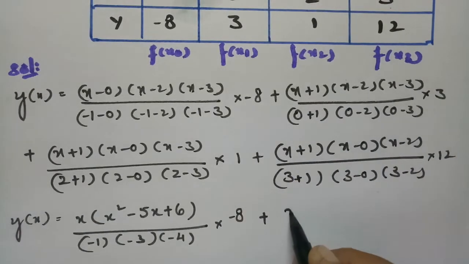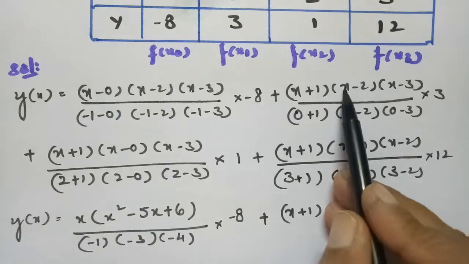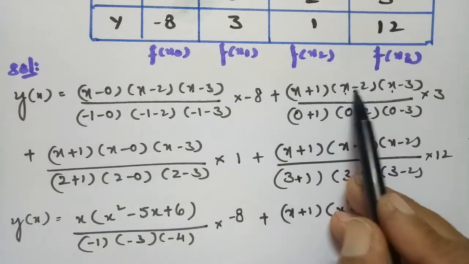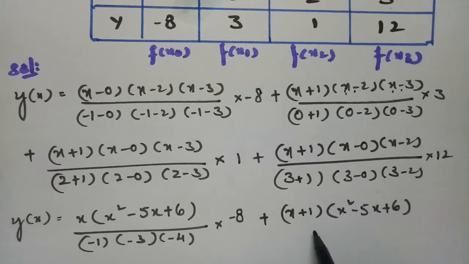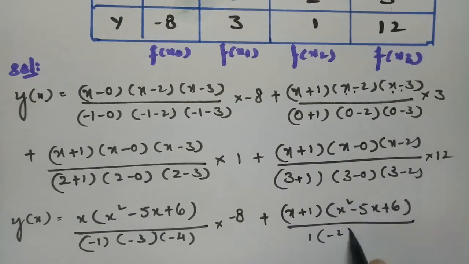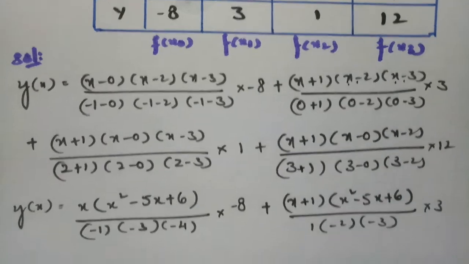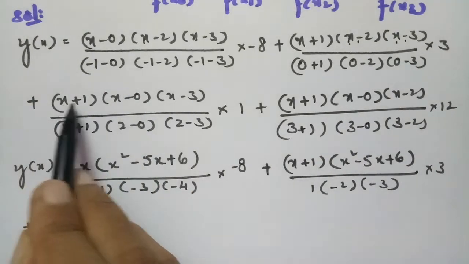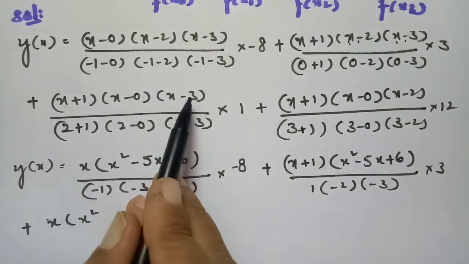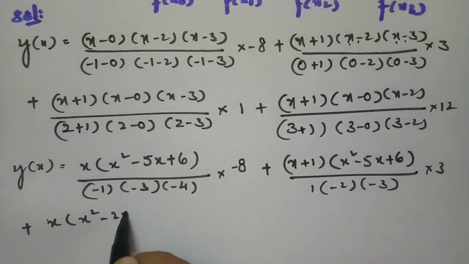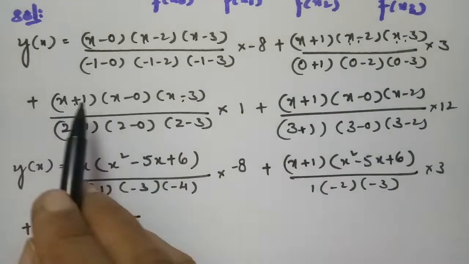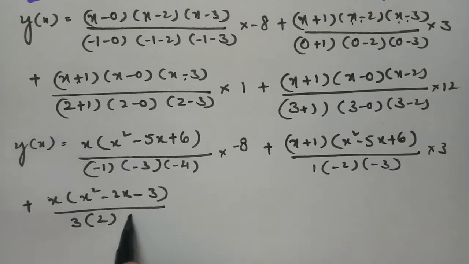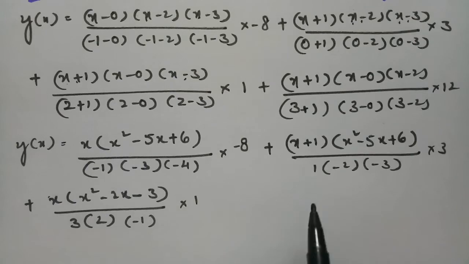Here I have to multiply all these three, that is x plus 1 into, if I multiply, this is x square minus 3x minus 2x, which is minus 5x, and minus of minus is plus 6, divided by, here this is 1, this is -2, this is -3, into 3, and the next value, x minus 0, I am writing first, and if I multiply these through, this will be x square minus 3x plus x, which is minus 2x, plus into minus is minus, 1 3 is a 3, divided by, so this value is 3, 2, this is -1, into plus 1.